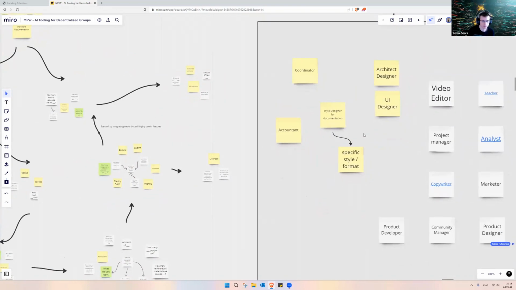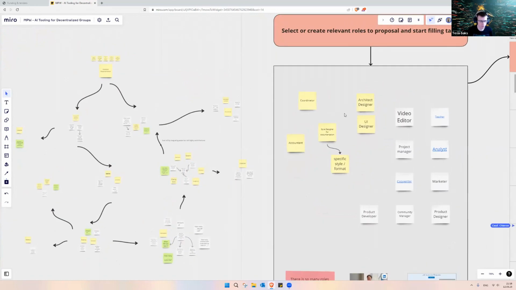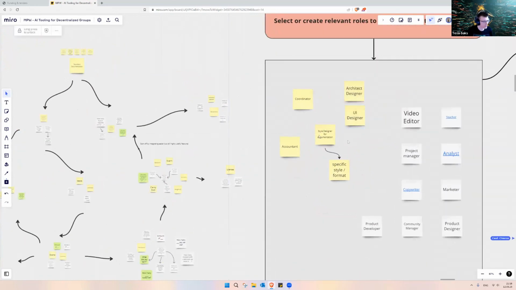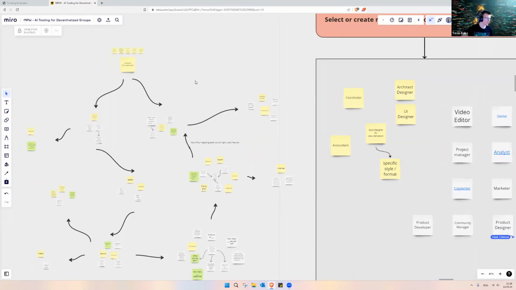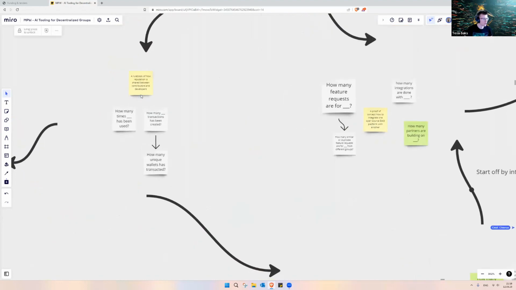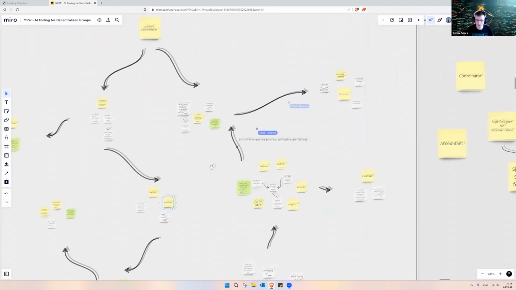So yeah, that was great input. Anybody else want to add new roles that you think we would need in order to create standard documentation, a rule book, how the reputation is shared, tasks, activities, any of that we have talked about so far?